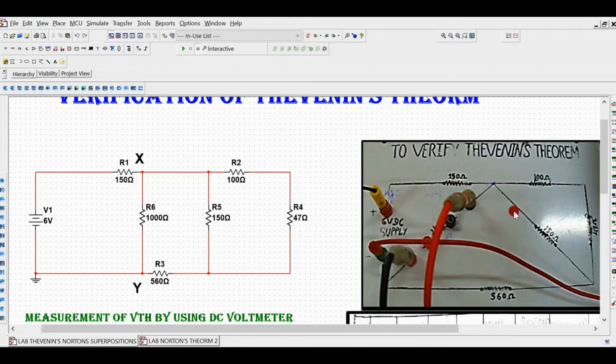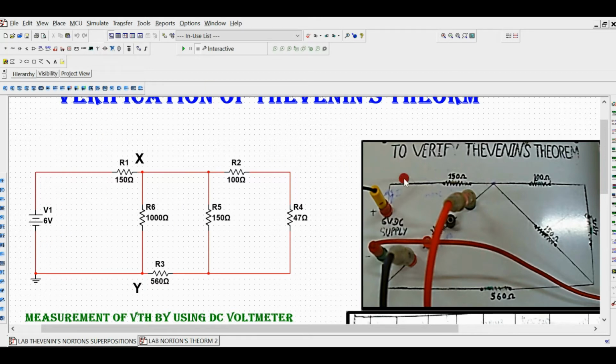So guys, I have just simplified this circuit, because this is the same node. From this node these two branches are connected. So I have simplified this diagram, like you can also draw this diagram like this. So these are the terminals X, this is Y, these are called load terminals, and across these terminals a 1000 ohm resistance, that is the load resistance, and this is actually RL, and there is a 6 volt voltage source connected.